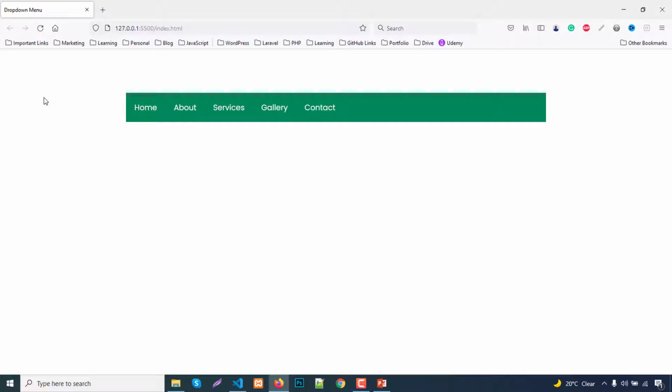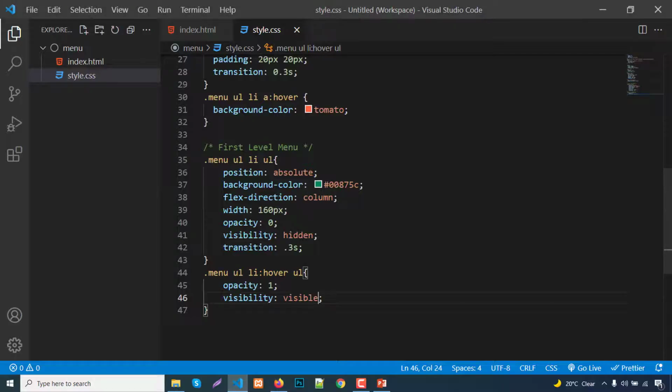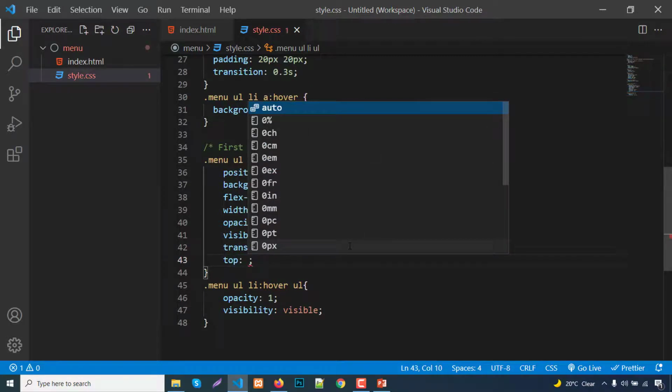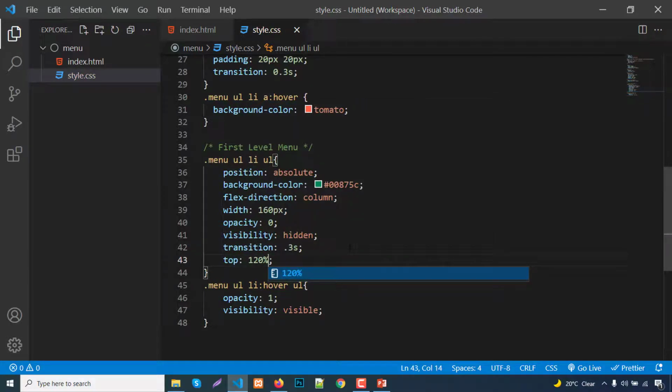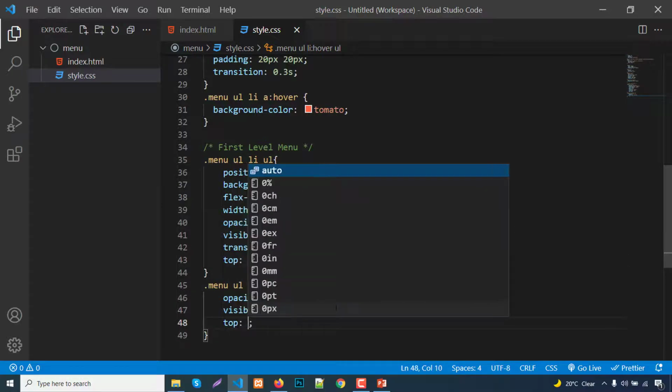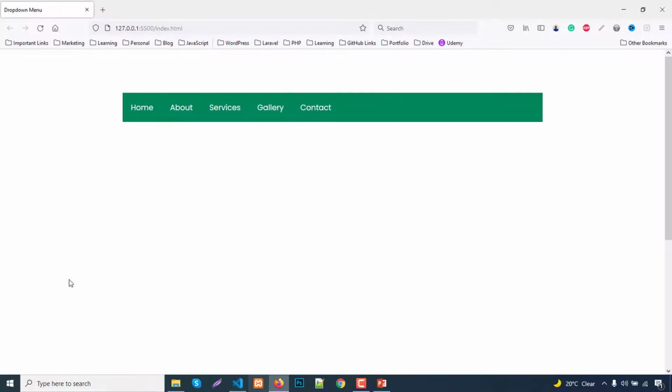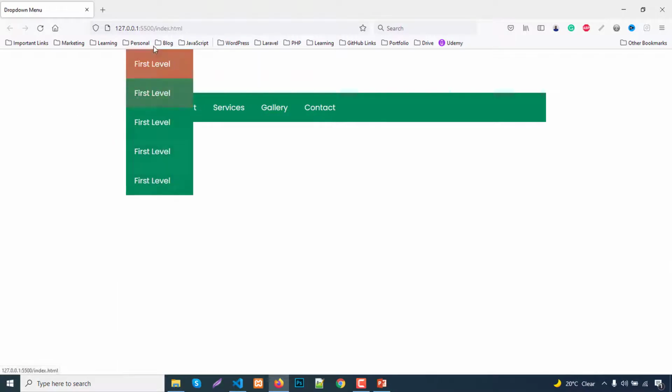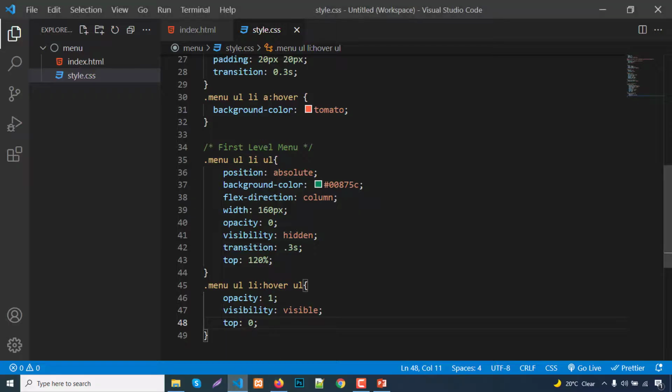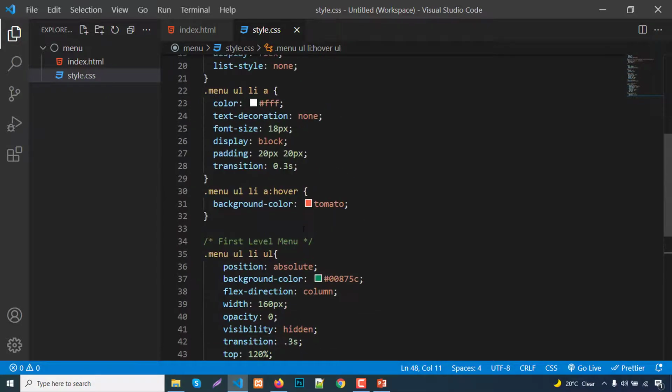We can use some animation, like by default top 120%, and when hovered, top 0. Refresh. Okay, just like here, but it will be at the top because we didn't use position absolute on the li.